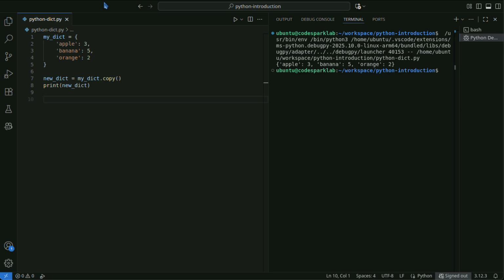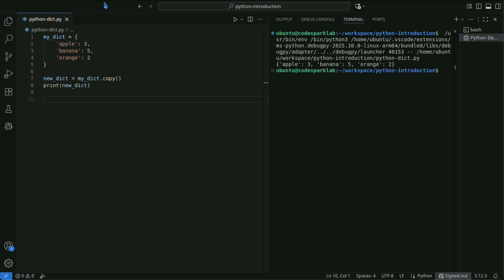Use the copy method to create a copy of a dictionary. The copy method creates a shallow copy. To copy nested dictionaries, you can use copy, deepcopy.